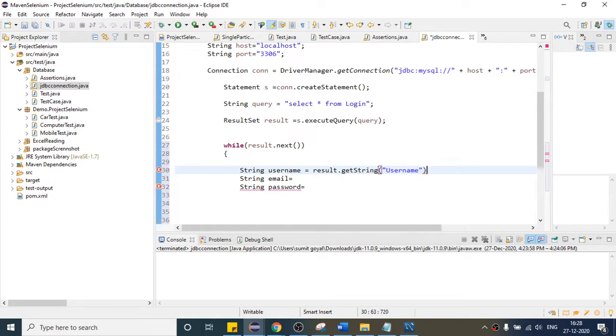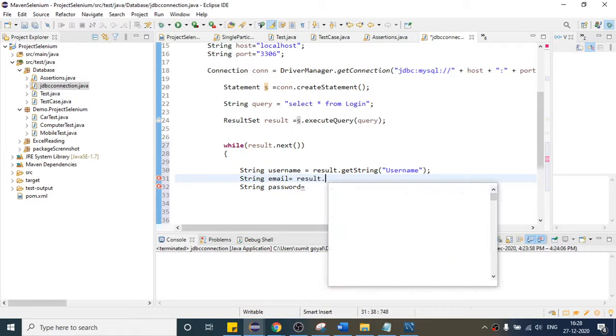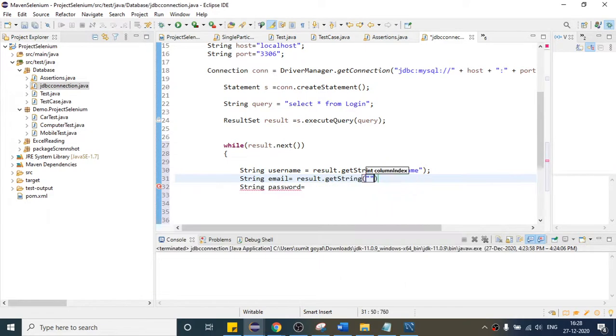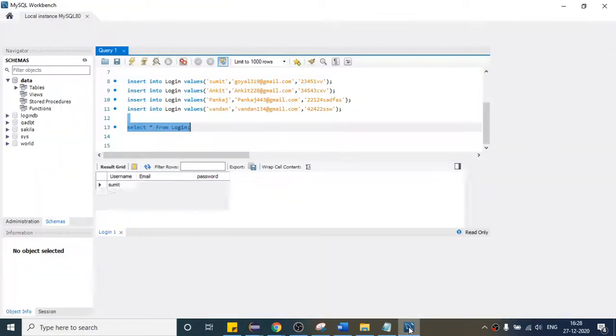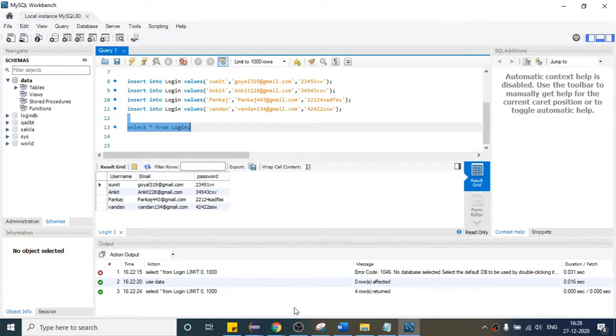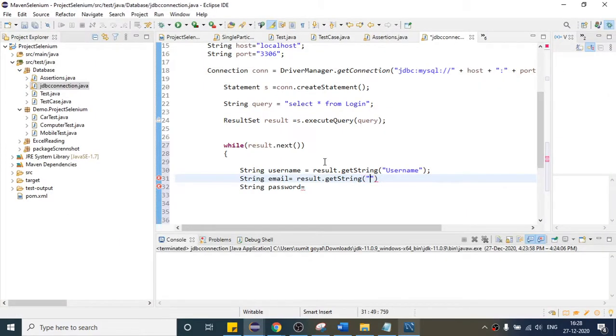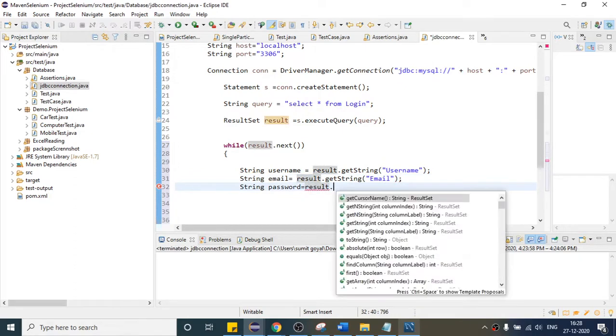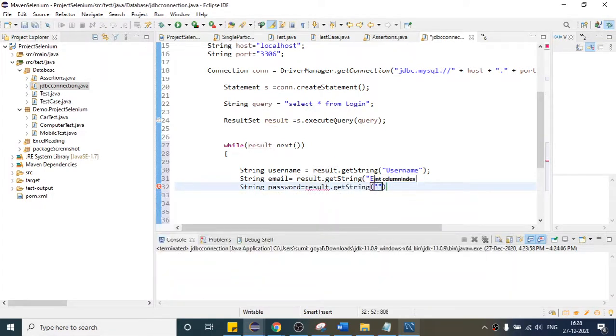So first student data it will give, and the second one is result, I am writing the column name, dot getString. What is the second one? Email and password. So email is our column name, and the third one is result dot getString password. Third one is this one.